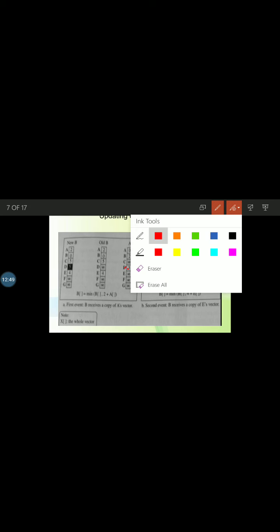So you can see this D. It has got changed from infinity to 5.